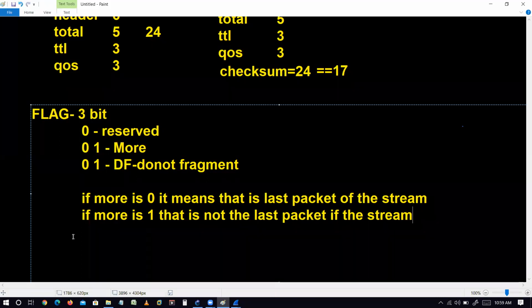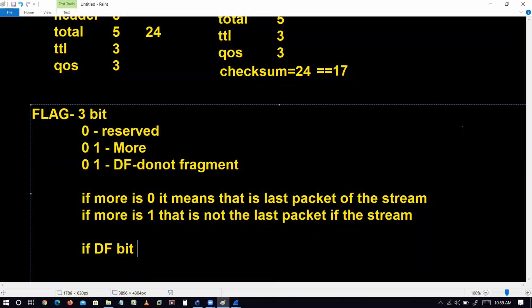Now, what is DF bit? If DF bit is 1, so basically the default DF bit is 0. So default will be 0. It means all of the guys can do the fragmentation. If DF bit is 1, the routers cannot fragment more.